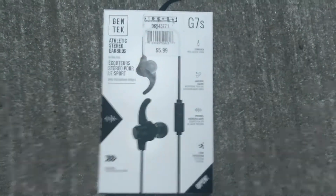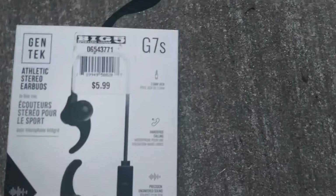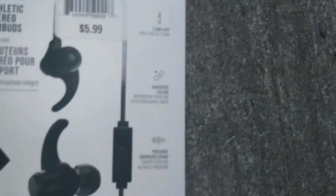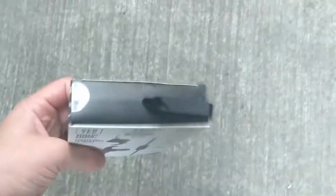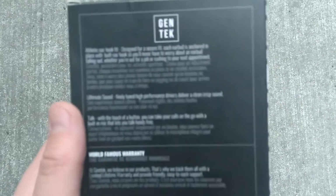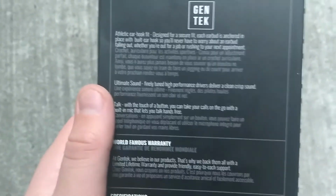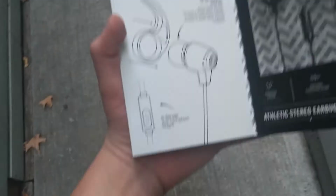Unboxing and review of the Gentek, so I'll let you guys look at all the stuff here real quickly. I won't say it all. When you open up the magnetized area, hooks,